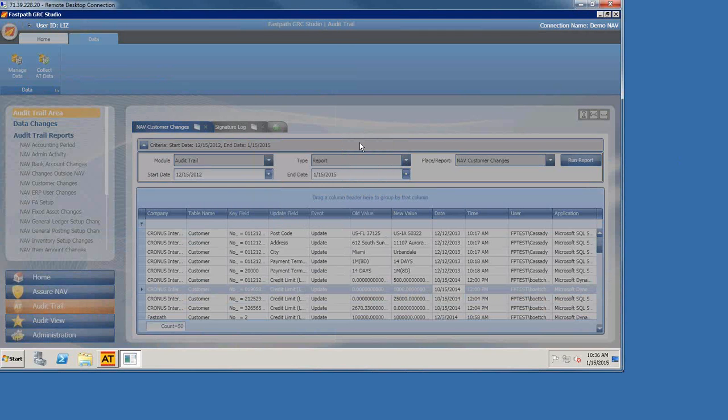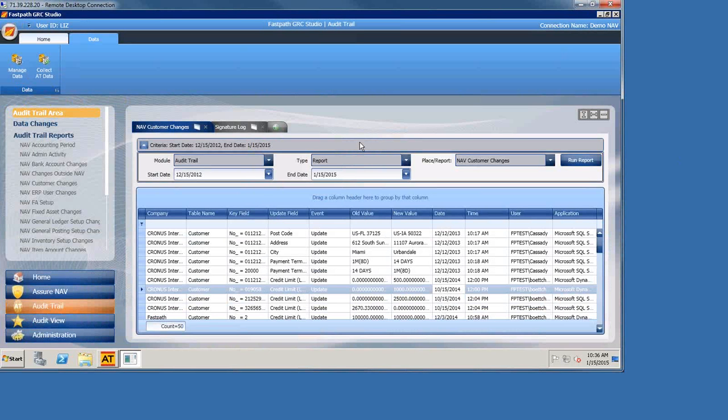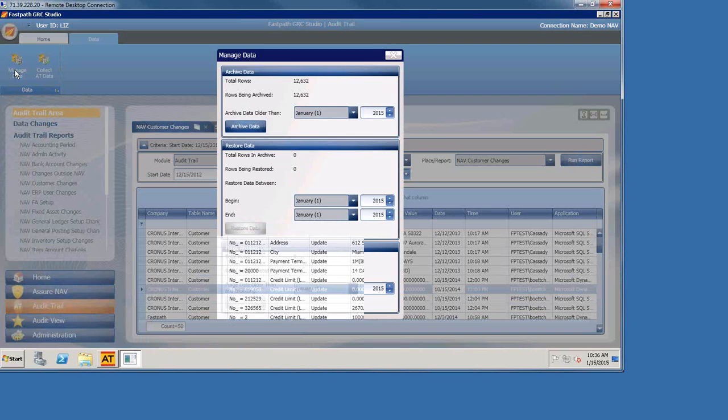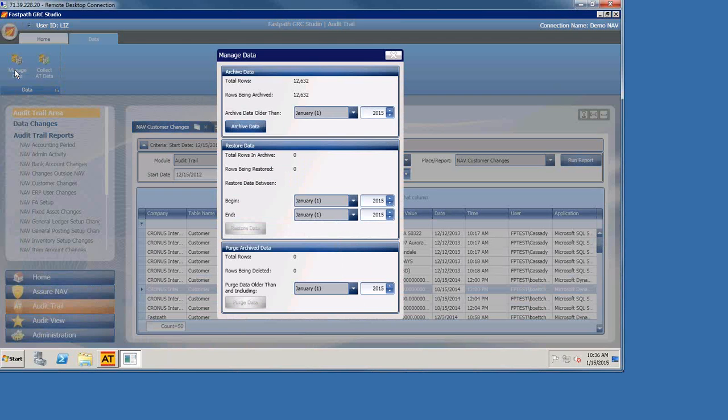So now, any changes that have been made real time have been moved into our database so that we can run the reports and see them. So we have the ability to do that on demand. And again, you can secure who has access to actually be doing the collection. Okay. The other thing is the managed data. So once all of this data is moved into the FP Assured Dynamics database, okay, it sits there and it grows, and that's what the reports run off of.